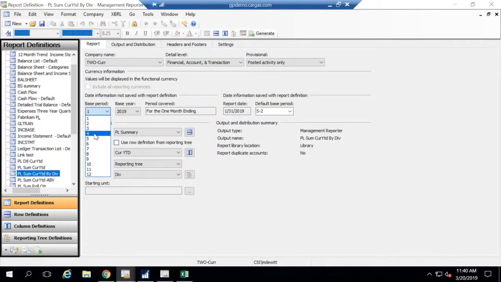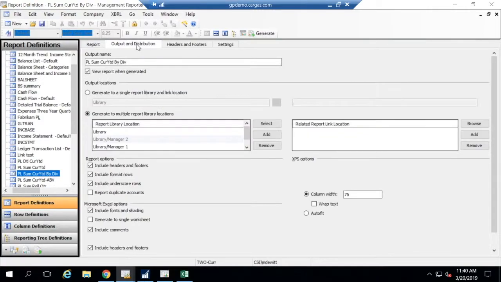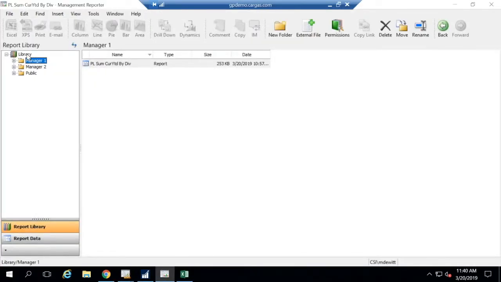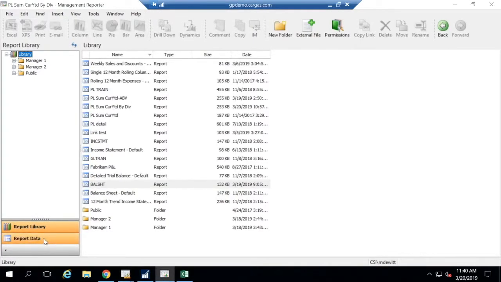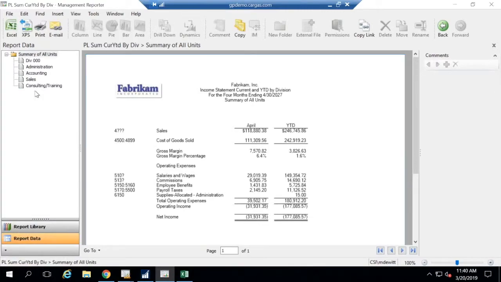I change it to some periods that have some data. We're out to 2027 now in the test data. And it's going to go out, running out to here. It ends up looking like this, where we've got the library and this data here open. We've got it run out here. But when I click on